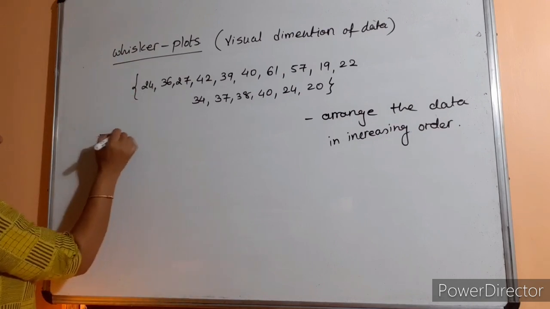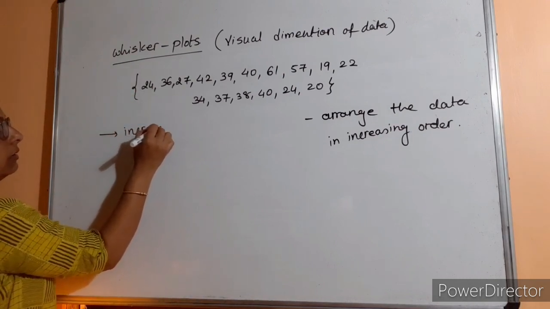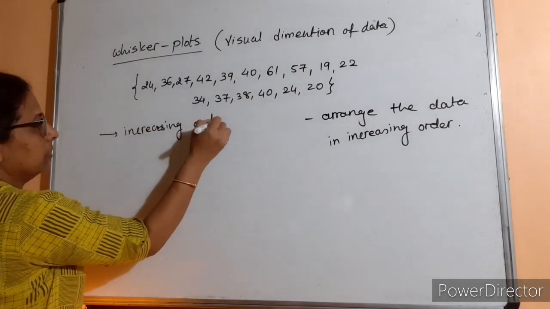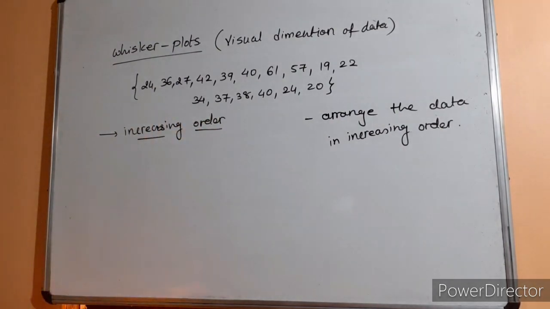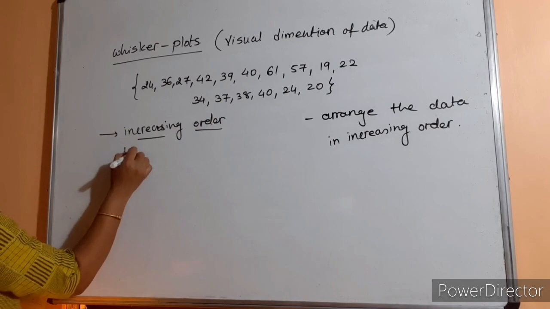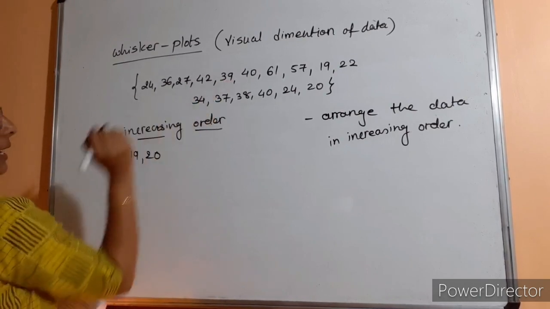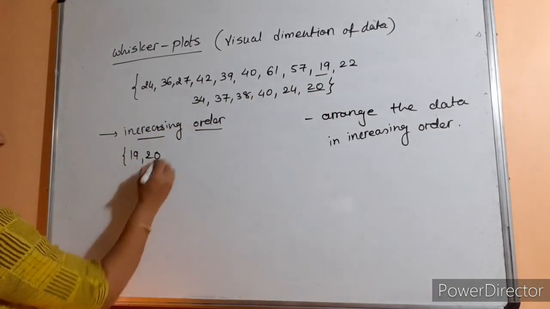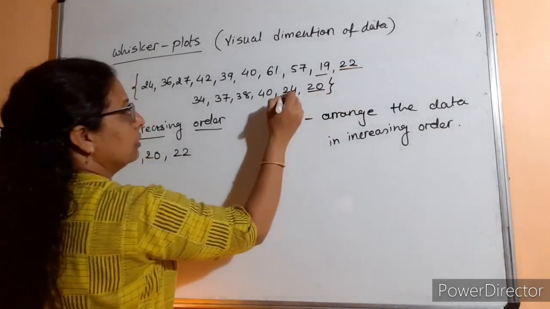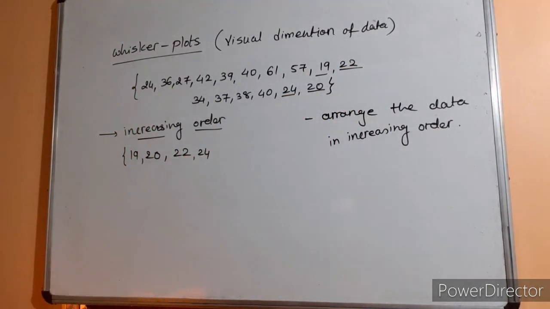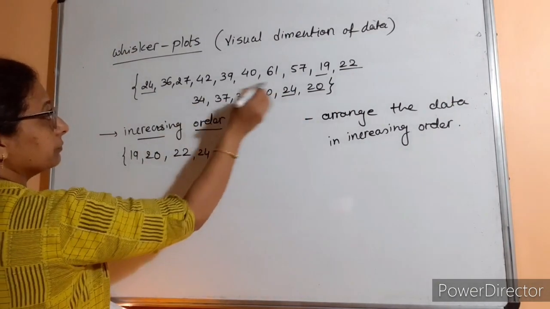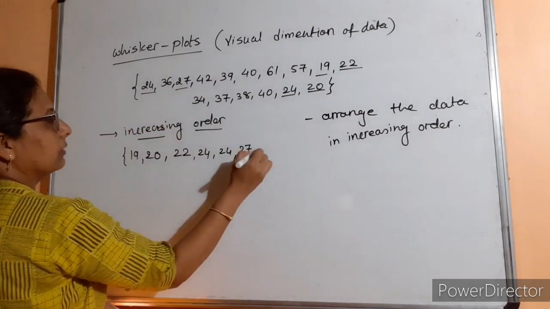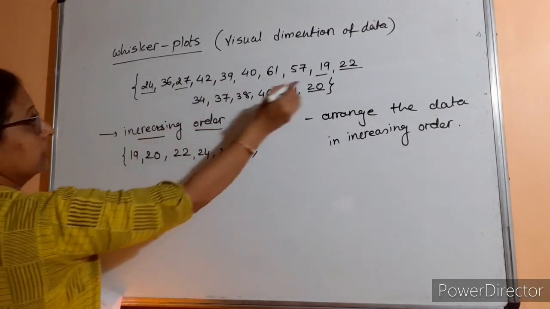So now here, how to arrange this data in increasing order, that you know, right? First 19, 20, here we just underline the data, 19, 20, then 22, then 24, again 24, 2 times is there, so we'll write 2 times, then 27, then